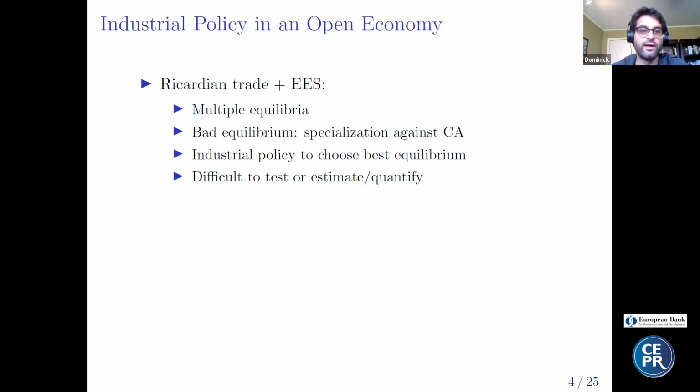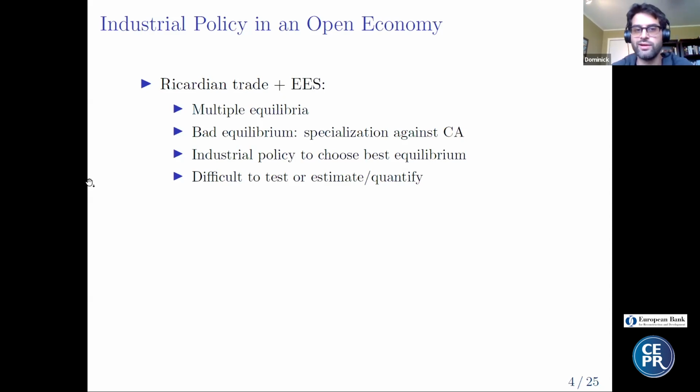I think this is a case that goes back to John Stuart Mill and Frank Graham's argument for protection. And we have models that basically combine a Ricardian view of trade based on technology differences with external economies of scale that give rise to these gaps between private and social returns. And the issue with these models, they're very instructive, they make the theoretical points nicely, but when you go to the data, there's some issues.